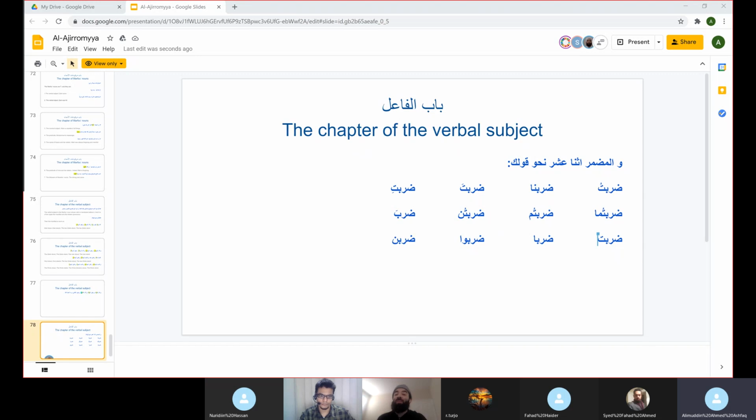The way it's manifest is if it's explicitly written at the end of a verb, right? That's when it's manifest. But if it's not explicitly written at the end of a verb, that is when it's hidden. Okay. So let me give you a very simple example here. Darabtu. So the actual verb is the daraba part, the first three letters of the word. That's the actual verb. If I was to highlight it for you, that is the verb itself, right?